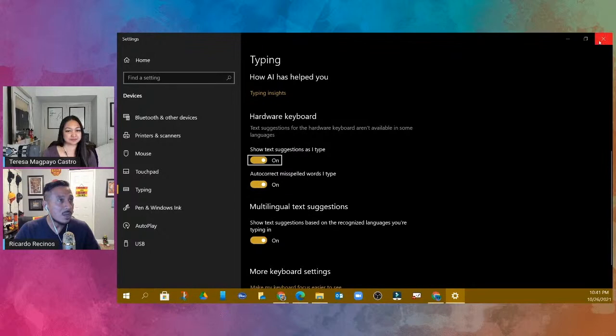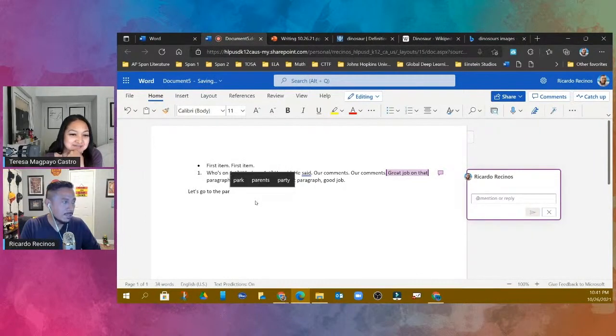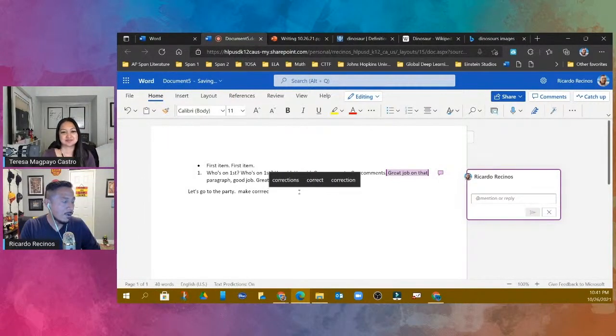So once I turn this on, I'm going to go back to just any document. Okay. And let me just type. Notice how my word prediction is coming up over here. Did you see that? So let's go to the part and notice that I can just kind of get it, right? Like if I make mistakes too, it will actually correct them for me. So notice that I did that wrong, right? So it's telling me that it's wrong. So I can just come and fix it right there.